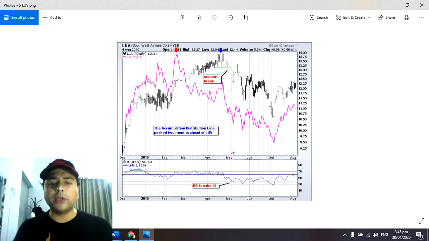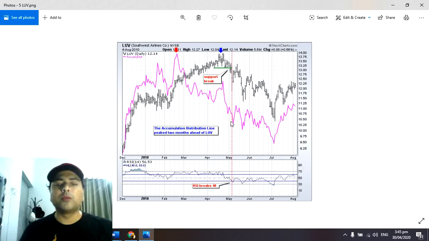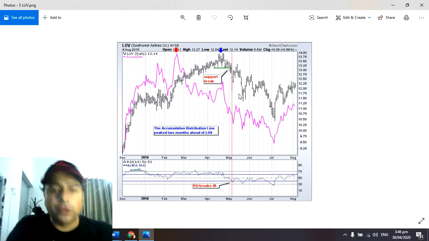lower, and at the same time the RSI, the relative strength index, also moved lower in the oversold region of 40, showing strong selling pressure and showing that prices are moving down, and the bears' downward rally is in full flow. To conclude, the ADL indicator should not be used in isolation.